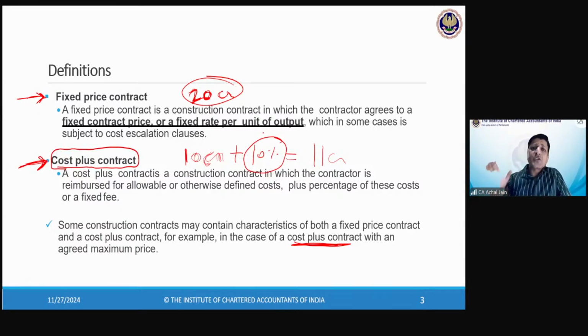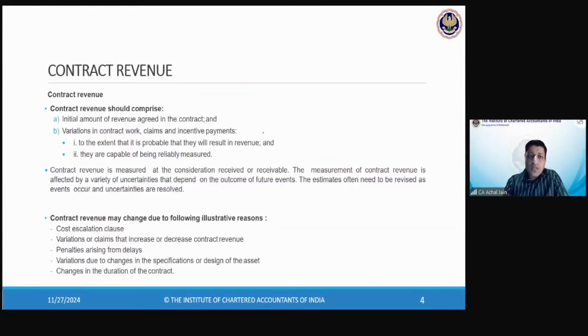So these are the two types of contracts you can see as far as construction contracts are concerned. Both of them are possible. Practically both of them work. Depending on the type of contract, you'll have to determine what is going to be the amount involved, and accordingly your revenue will have to be measured. Why? Because your amount will accordingly change. Clear? Simple on this? Yeah. Any questions, any doubts? Quite simple, easy to understand.